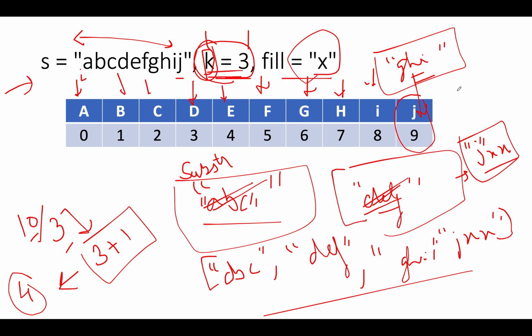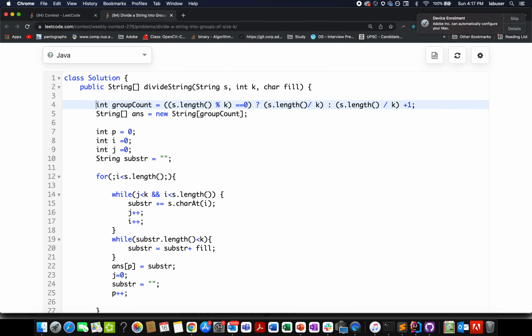The time complexity of this approach is order of n. Let's quickly conclude by walking through the coding section. In the first place, I try to identify the number of groups that will be formed, and I named it group count. It's pretty simple and straightforward. If s.length modulus k turns out to be 0, that means the group count would be equal to s.length divided by k.